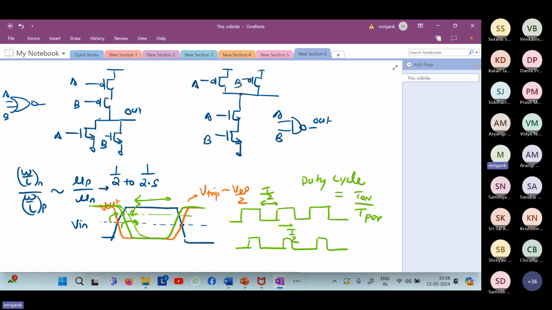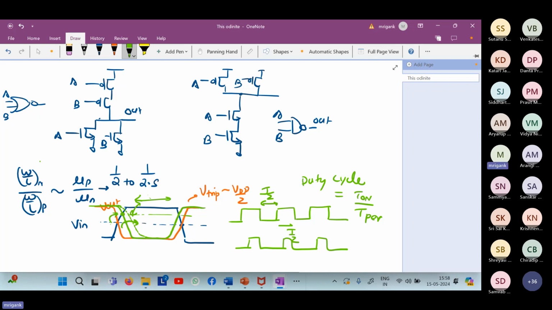Is this part clear to everyone? So in the simulation, when you do this analysis, by changing the W by L of PMOS and NMOS and checking the effect on the output characteristics, transfer characteristics, and the transition in the transient simulations, this will become more clear. These are very important for any digital, and as I told you, for any analog circuits also, there will be many digital blocks that you may have to deal with. You may have to integrate some digital units like inverters, gates, etc. So it is important to know the sizing effects.